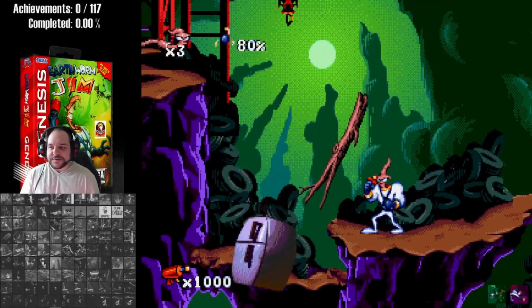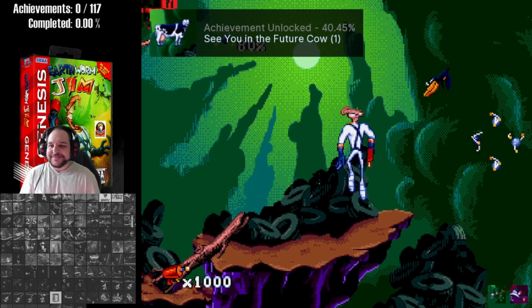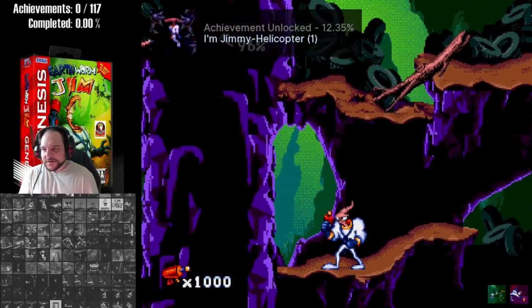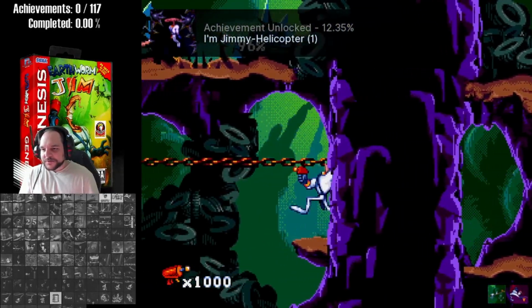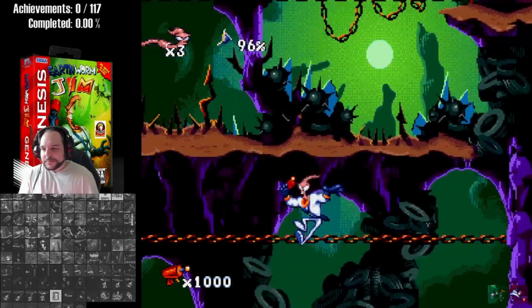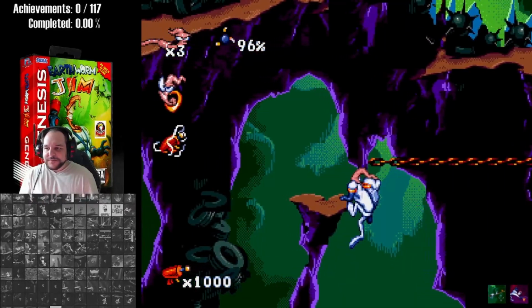After launching the cow, it is time to do some collecting too, so I go for a hidden life, but while doing so, I hover to get I'm Jimmy Helicopter. This gets me access to a life that is below the start of the level. Again, something I didn't know how to do when I was a kid. While grabbing that extra life, I also pick up a plasma blaster for another achievement and head back to where